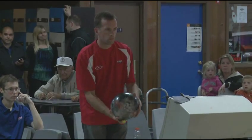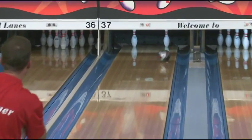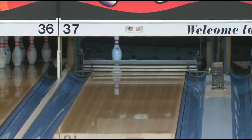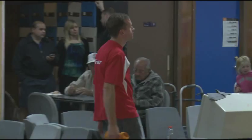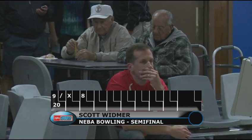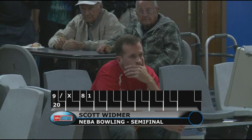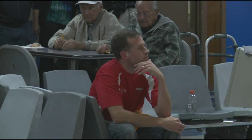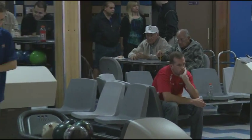He gave it a little run, picked up the 6, and will settle for an open frame, but it's still early in this match. You can see his concentration now and what he's thinking. So Widmer with the open frame, and here's Frankie Kalka,